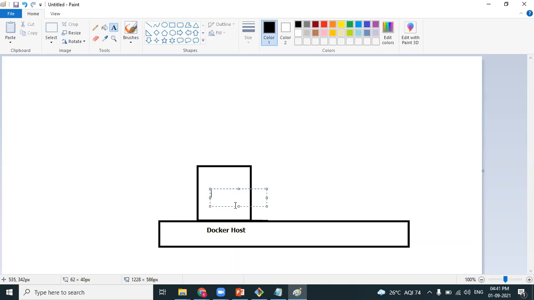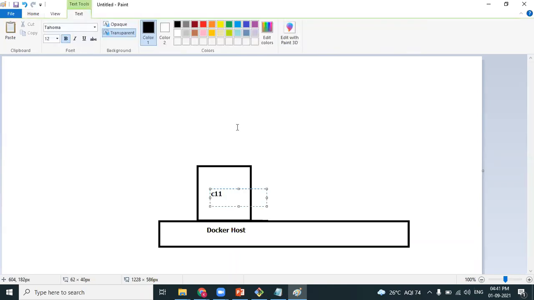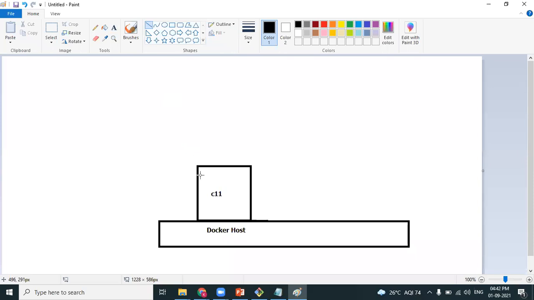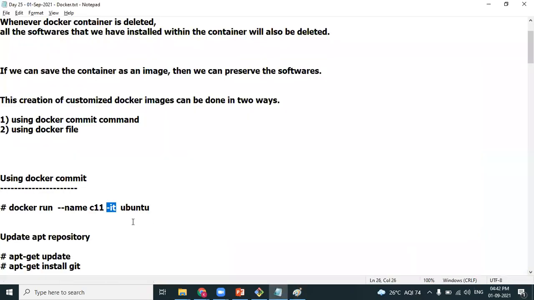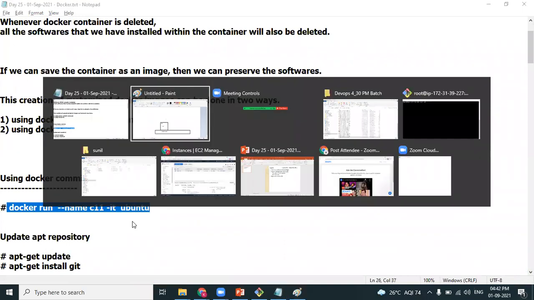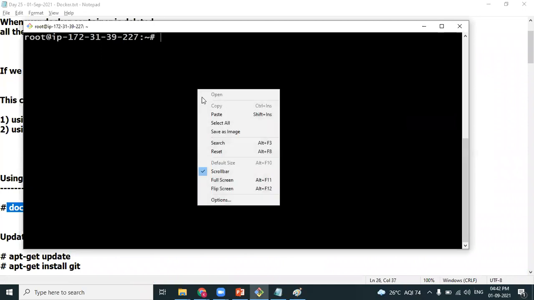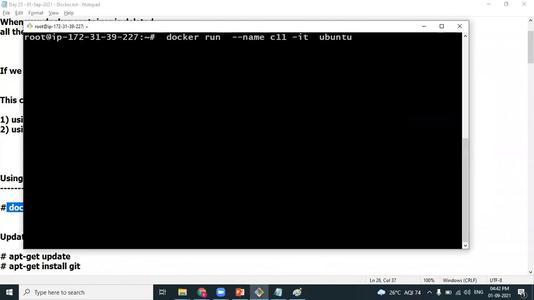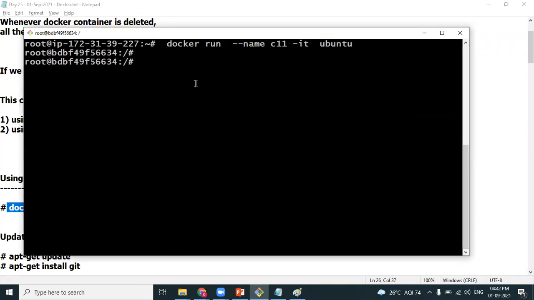The name of the container is C11. With the interactive terminal, the container gets created and my control will enter into the container, isn't it? Yes. Now the container is ready. The name of the container is C11 and I have entered into my container.